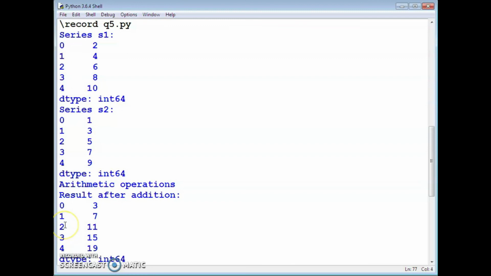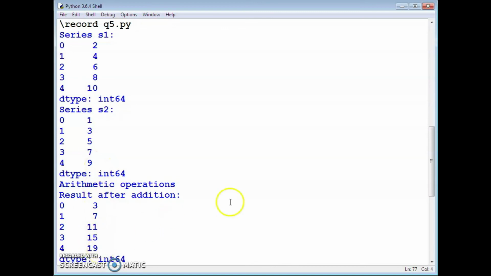Then second index 6, in s2 5, 6 plus 5 is 11. Then third index 8 plus 7 is 15. Then fourth index, 10 plus 9 is 19.